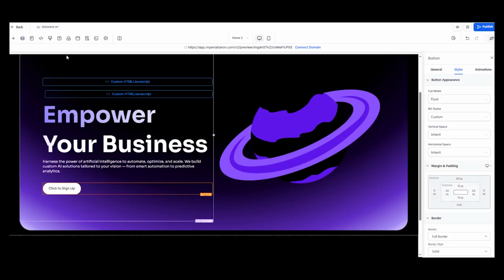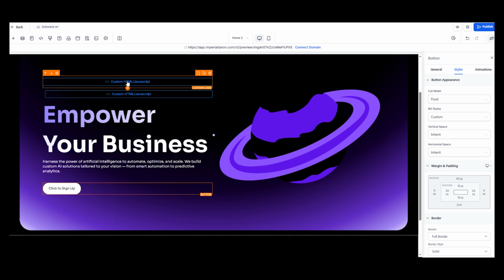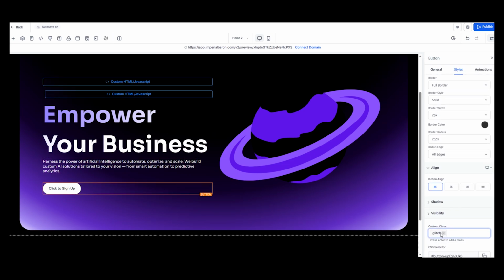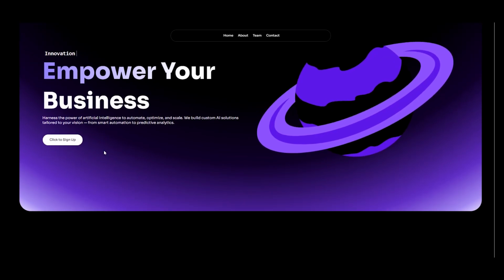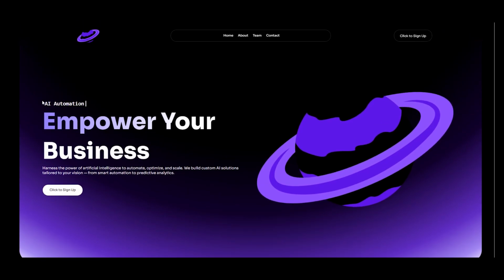So I added the CSS and also the custom JavaScript, and if we go on the button and in the styles tab we add the glitch custom class, if we go on the preview, this is how it looks. As you can see, we have a cool glitch effect on our button. Now we have tons of cool effects on this hero section. The sentence changing effect here really fits into the theme of the website, and also this glitched letter effect is